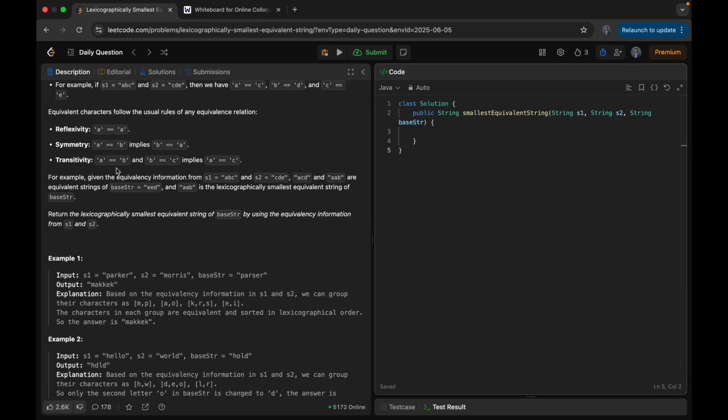Reflexivity, symmetry and transitivity. Reflexivity means a equals a. Symmetry, if a equals b implies b equals a. Transitivity means if a equals b and b equals c implies a equals c. For example, given the equivalence information from s1 equals abc and s2 equals cde,